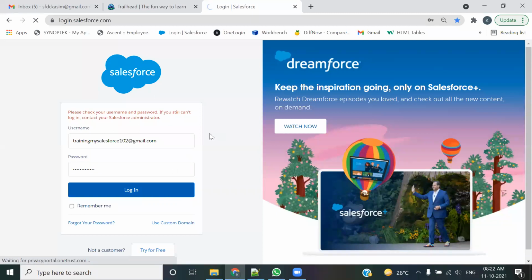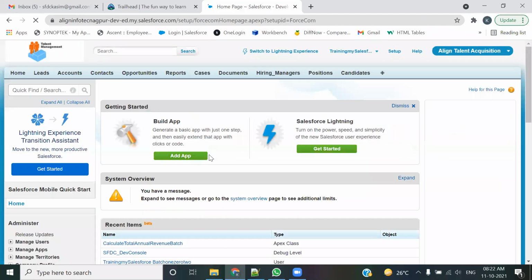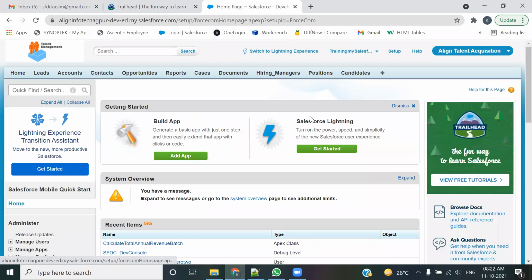So this is how you access any cloud application. What I have done is I just require a browser. I'm using Google Chrome. You can use any browser. You could use Mozilla Firefox, Internet Explorer, or any other browser that is with you. You just need to get into the URL. Just type the URL in the address bar and press enter. If it requires authentication, अगर उसको authentication चाहिए, login आपके IDs and password, तो आपको डालने पड़ेंगे.